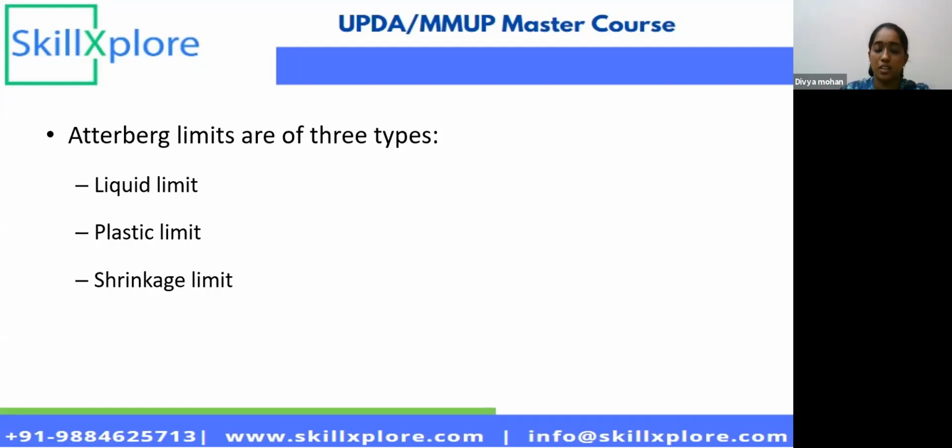Liquid limit is nothing but the soil trying to behave like a liquid and flow when a particular amount of water is added to it. And plastic limit is nothing but when that amount of water content is present in the soil, the soil can be deformed to any shape, and it will not behave like a rigid soil. And shrinkage limit is nothing but